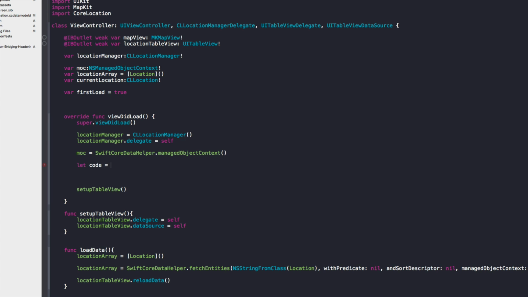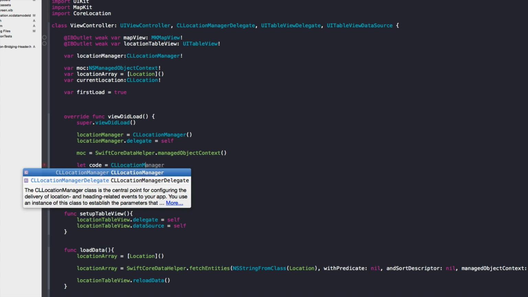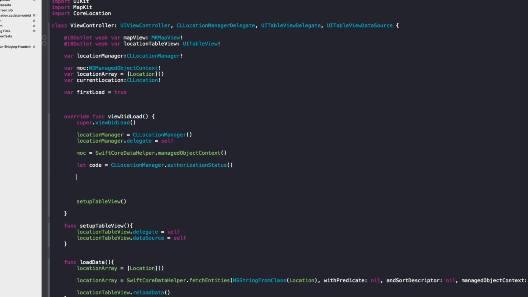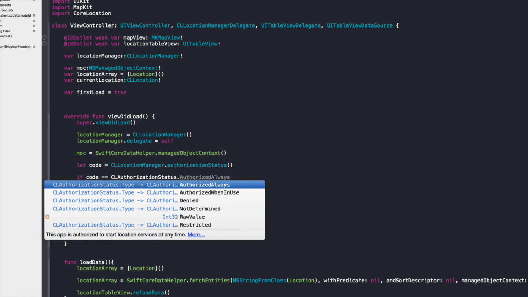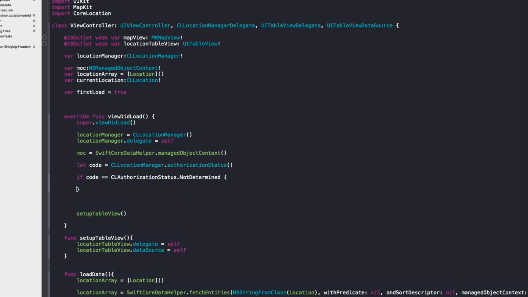So let's create a constant for the CLLocationManager's authorization status. So let's ask it for the authorization status, and by checking this code with an if statement, we can see if the CLAuthorizationStatus is not determined. And if this is the case, so if the user hasn't decided yet, we will check